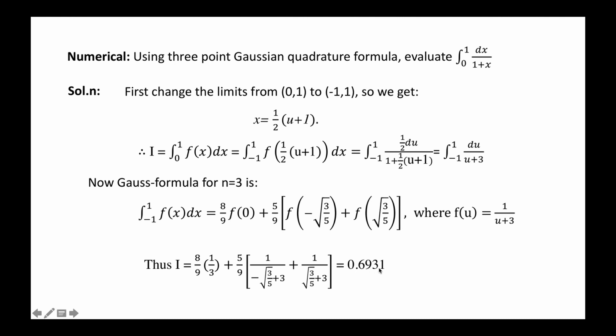So in this video we have discussed the Gauss quadrature formula for numerical integration. This formula is important for unequal step size, that is unequal intervals or subintervals, and this formula is more accurate as compared to the Newton-Cotes formulas, that is trapezoidal or midpoint or Simpson 1/3 or 3/8, and so on.